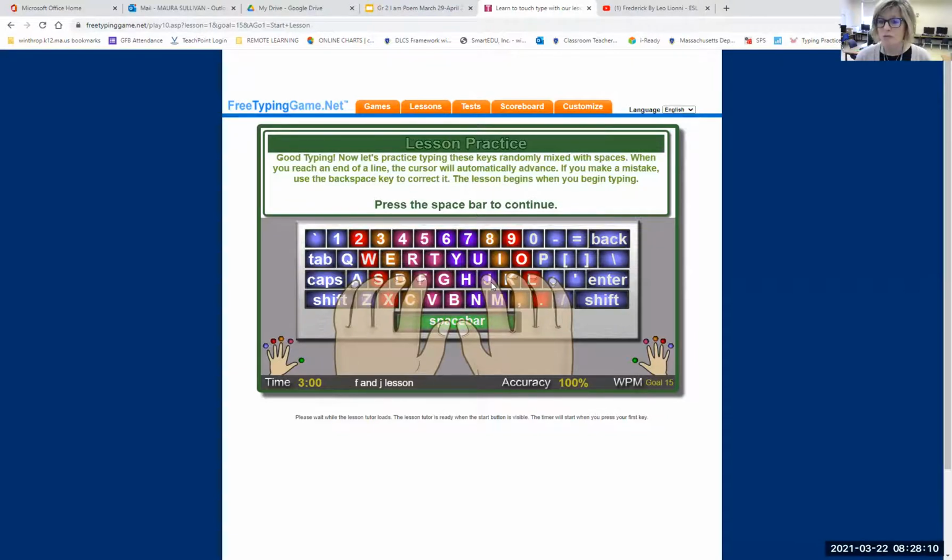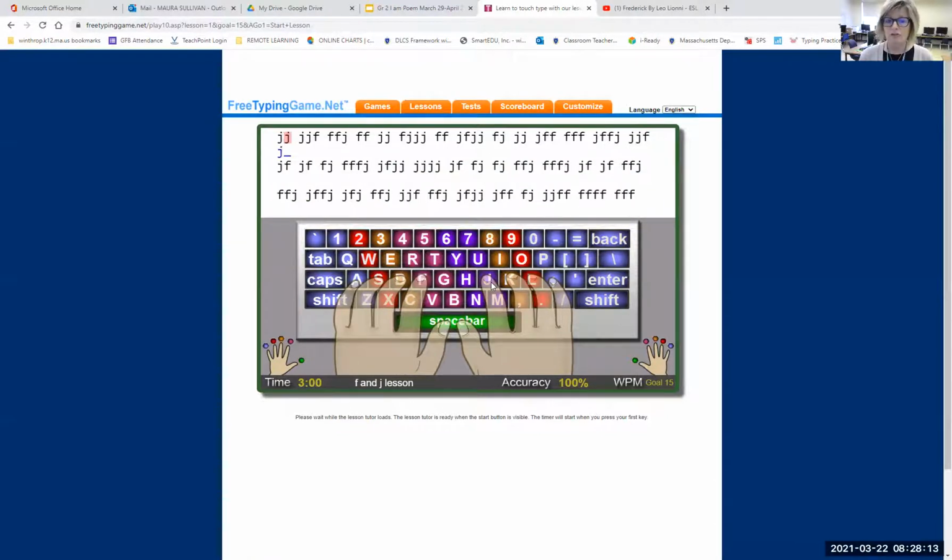And now press the green space bar. And here is your lesson. So wherever that little pink square is, that's what you're tapping with your fingers. You're trying not to look down, boys and girls. Try to look straight ahead at the